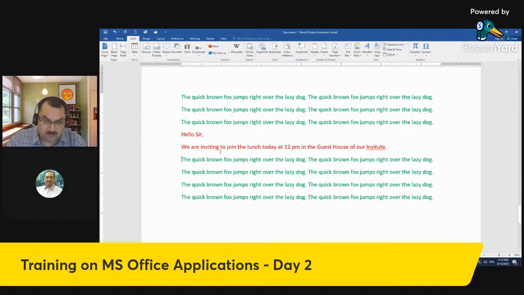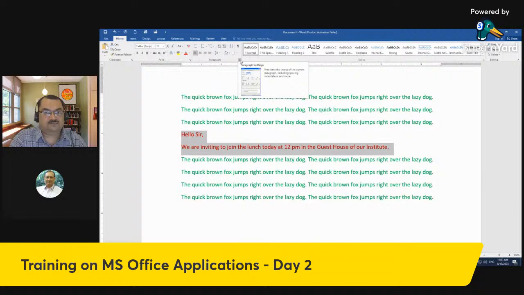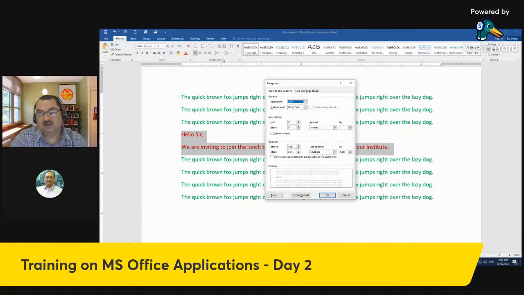See, in any paragraph or any document, we want to hide some text, which I don't want everyone to see. So how can I do that? It is possible. I simply select this and go to paragraph setting. You see, in every Word there is a ribbon, and under each tab there are different sections. So this paragraph section, you can see when I click on this,